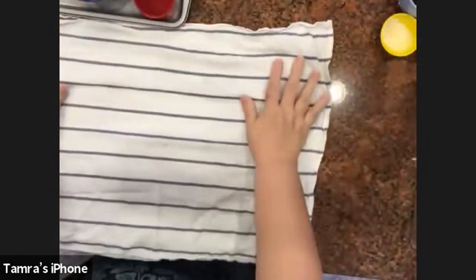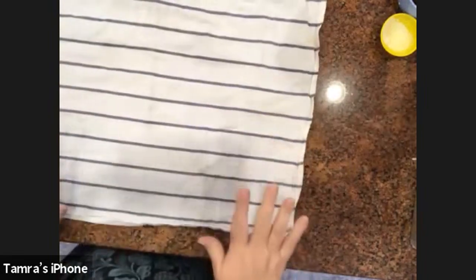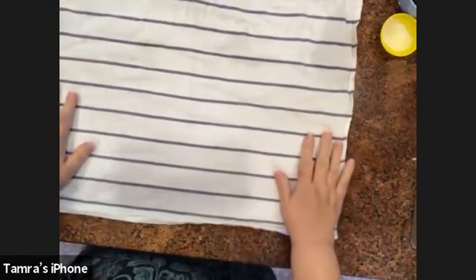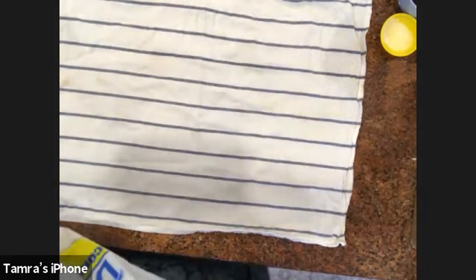Okay, next thing I'm going to do is show you how we turn out the cake once it's done. So let me get my, where did that towel go I had here, Alex? The clean towel. There we go. All right. So I'm going to take a clean dish towel and lay it out. Here, let's put this over there for now. Get it out of the way. Careful, it's got the liquid. All right. And then we're going to take, yeah, we can see that. Yes, okay. Then we're going to take our confectioner's sugar and sprinkle it over the